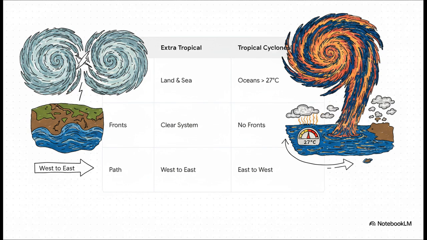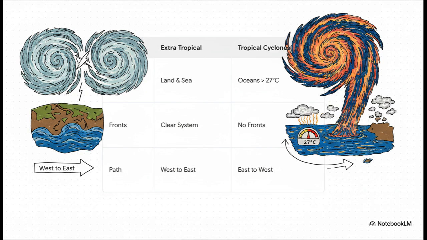But tropical cyclones, which you probably know as hurricanes or typhoons, are a completely different beast. Get this, they have zero fronts, none. They only form over warm oceans where the surface temperature is above 27 degrees Celsius because they are purely heat engines. They suck up massive amounts of moisture and latent heat from that warm ocean water to build these towering cloud formations. And it's exactly why the moment they make landfall and lose that warm water supply, they start to